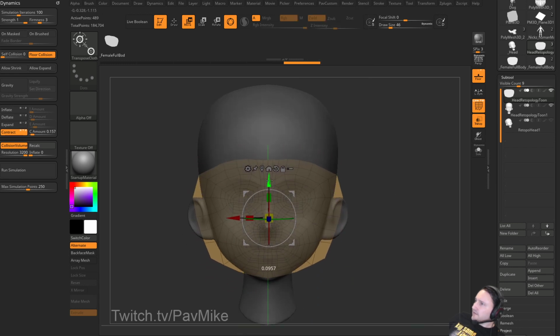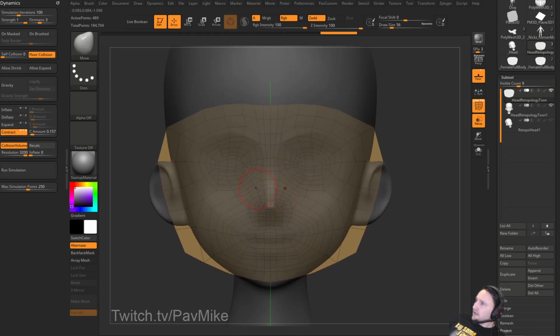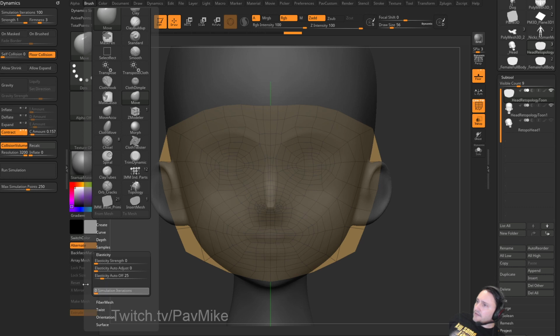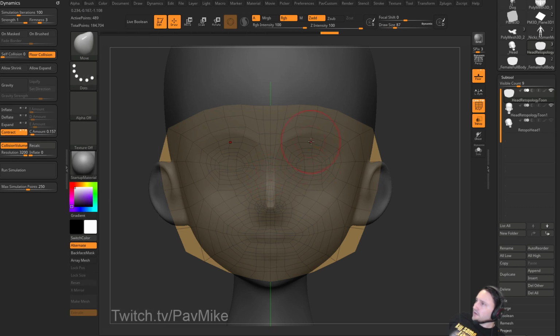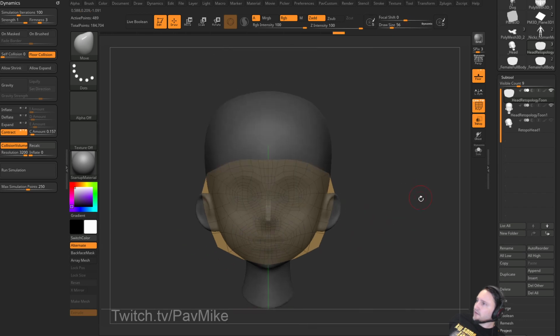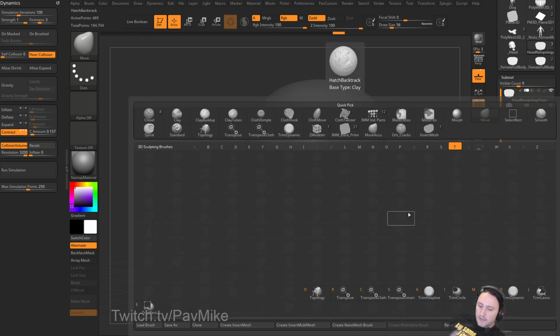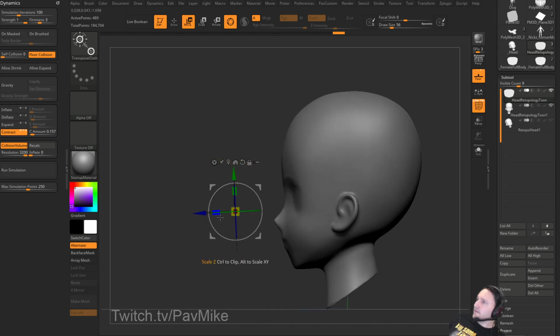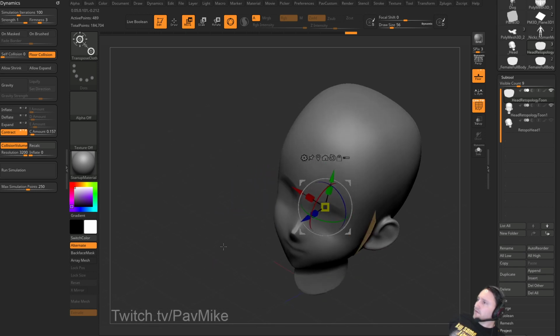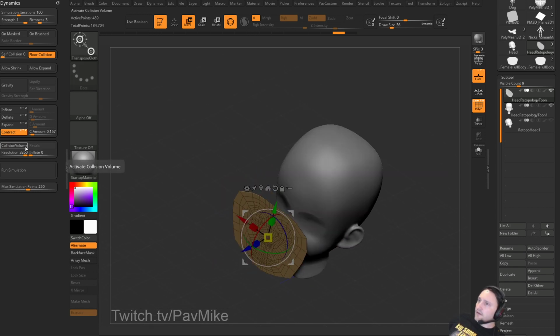And so now I can kind of line up, okay, this on the nose here needs to come in a little bit. Oops. Do I still have that on? Last simulation done. So we're just going to kind of move this stuff around, move this so it fits the brow a little bit, move this mouth down so it kind of goes to where my mouth's going to go. And then we're going to hit BTC, turn off transparency,